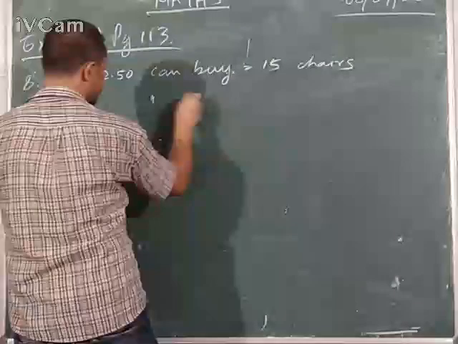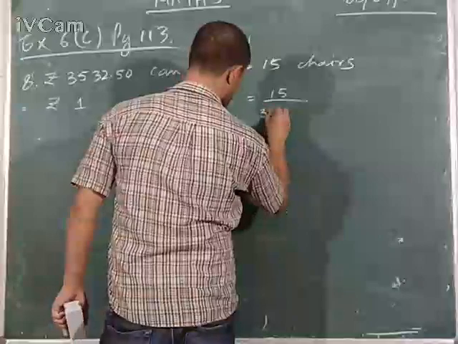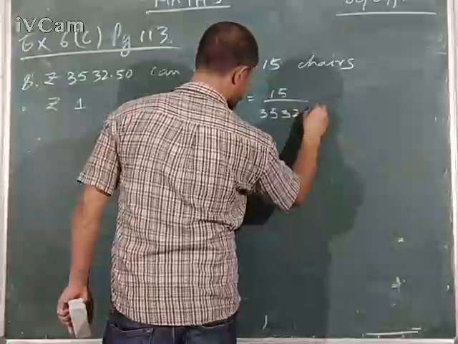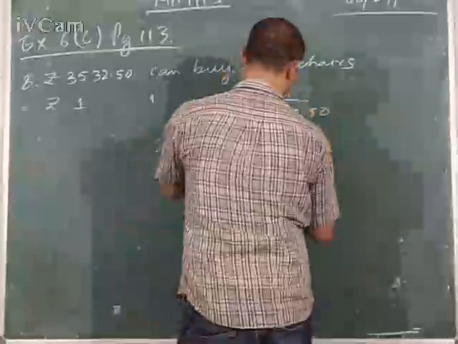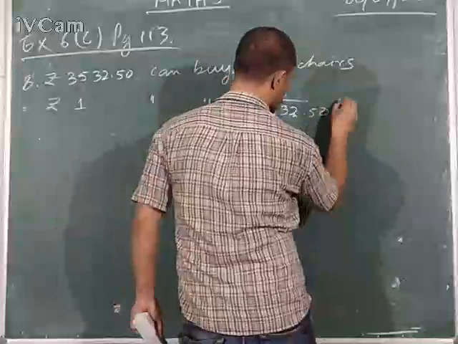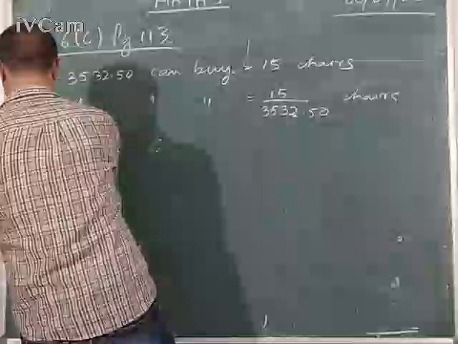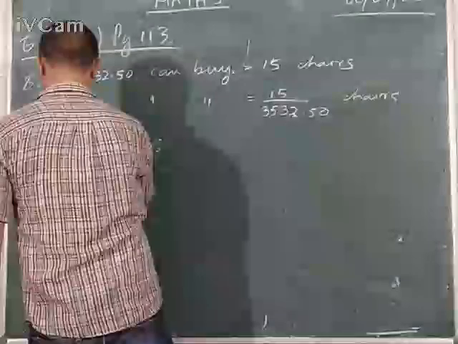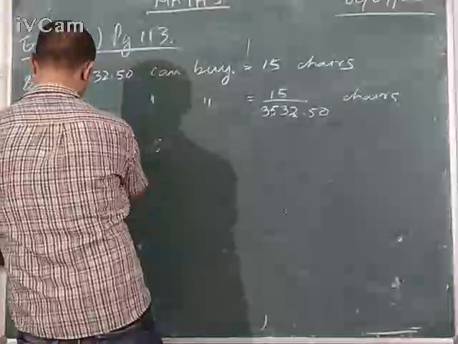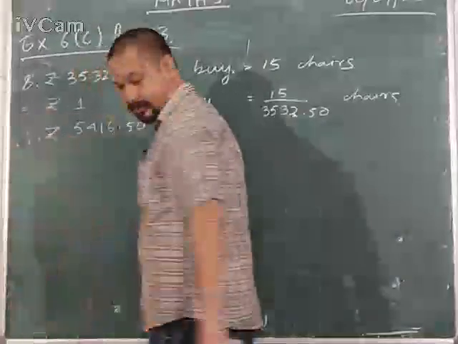Rupee 1 can buy 15 by 3532.50 chairs. Therefore, rupees 5416.50 can buy